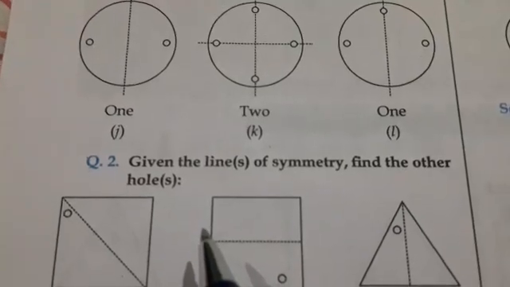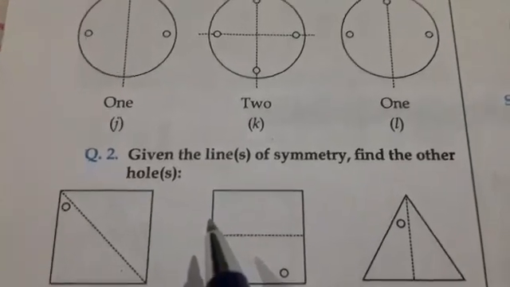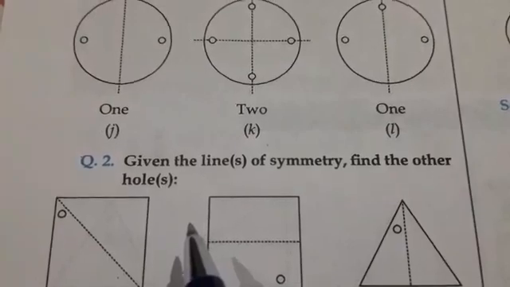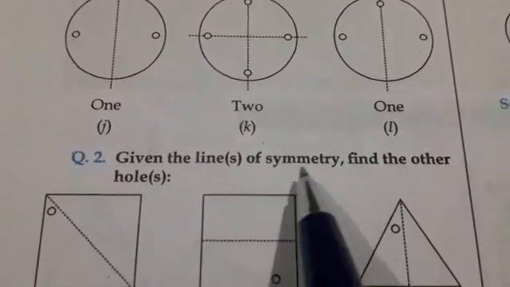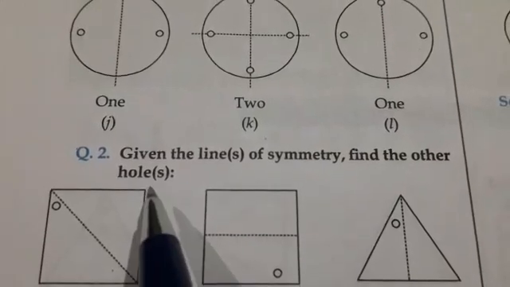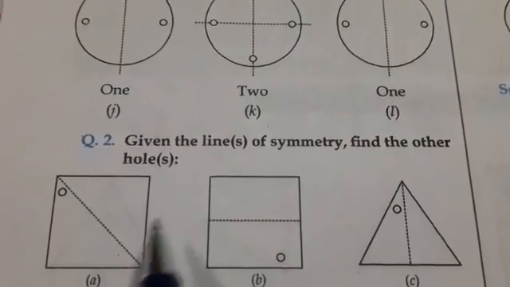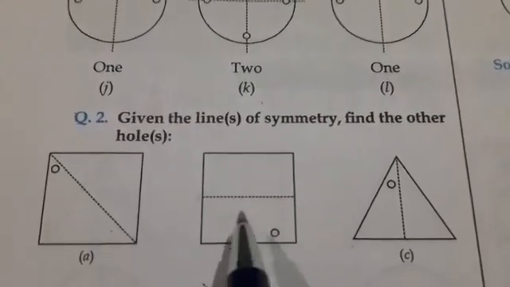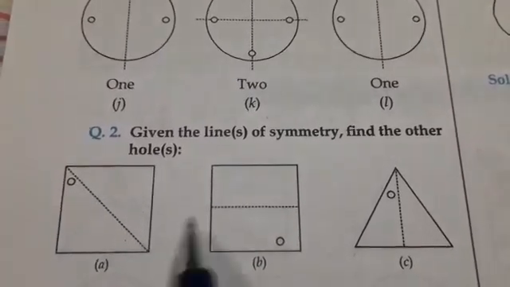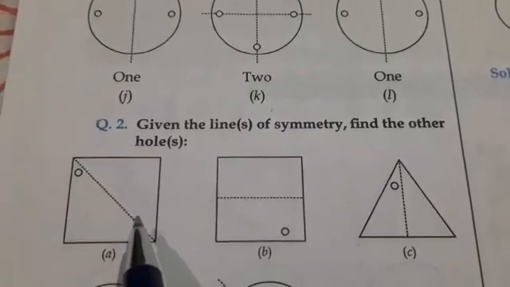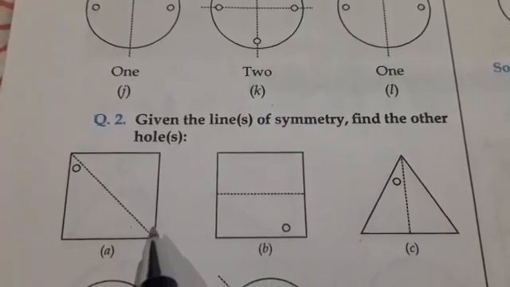Dear students, today I am going to solve exercise 14.1. It is the second part of this exercise. Question number two is: given the line or lines of symmetry, find the other hole or holes. Dear students, here we see some figures, and a dotted line in each figure shows the line of symmetry, and